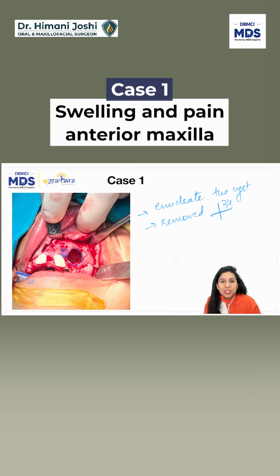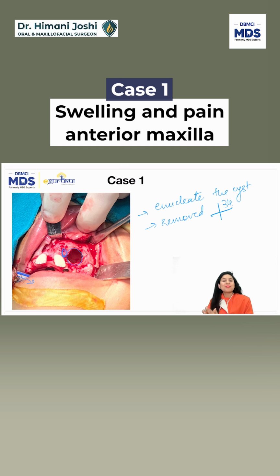So radiology, histology, and clinical examination together help you decide the treatment plan, and help you check the prognosis of the case. After that, yearly for 5 years, I will do an OPG to see if there is a recurrence or not. It will help me check whether it is coming back. Suppose it had been a tumor, I would have to be really careful that it should not recur. So every year I will take an X-ray to check whether it is coming back or not.